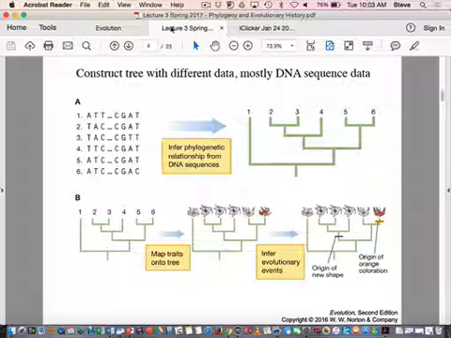What's different about all these flowers up here? Yeah, there are two traits that we can map onto this tree. One is the shape of the flower, and what's the other one? Color. Okay, so let's look at this. When you look at this, the origin of a new shape,